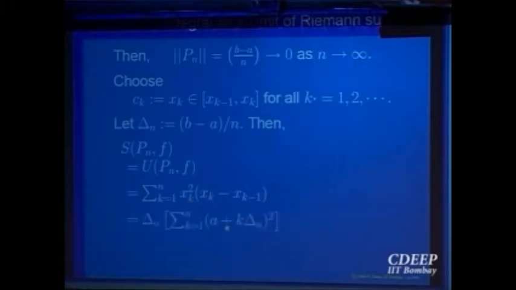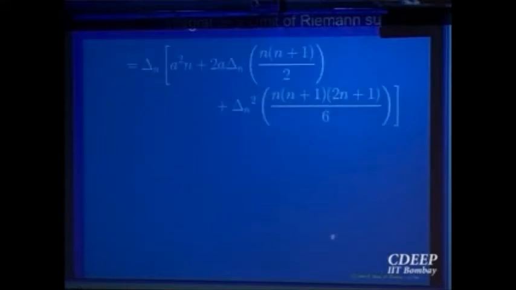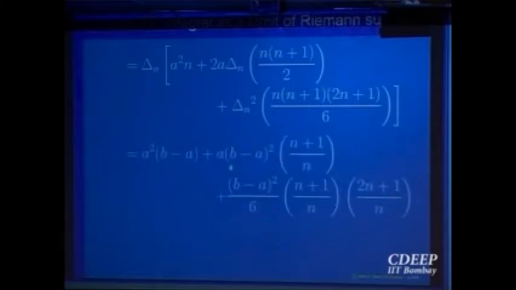Now we'll just simplify. This length for each one of them is the same, so that comes out, and x_k² is nothing but a plus k times the length of the subinterval, right? What is the point x_k? From a, you go on adding those many. So (a plus k times Δn) whole squared. Now open it out using your square formula and try to simplify that. So this is all simplification inside. And then use your formulas: sum of the first n natural numbers, and the sum of squares of the first n natural numbers. Those formulas you use and simplify, and it comes out to be this.